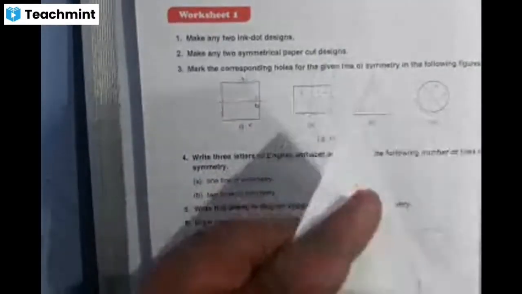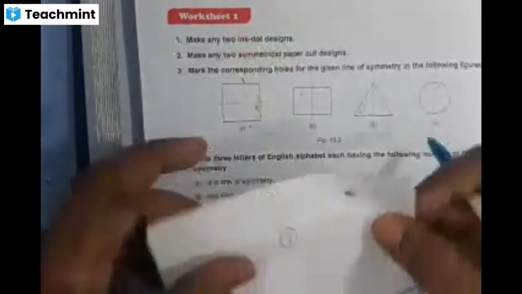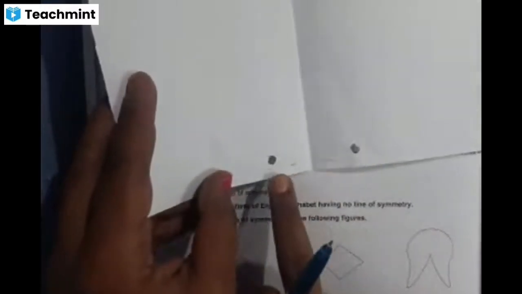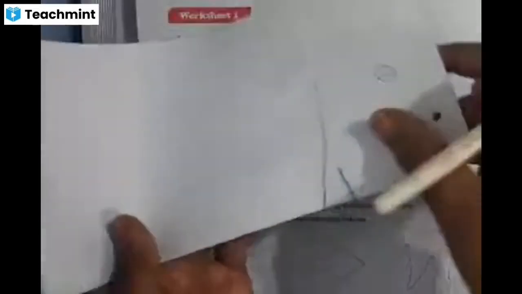If this is the first part, I have made the hole. Then on the second part, where will you have the hole? See, if this is the first part, where will you have the corresponding hole in the second part, when you unfold, you will get it. See, one beside the other. In this way, you should have an idea of the corresponding holes where you get. Okay, if you do this punching machine activity, you will come to know, children.